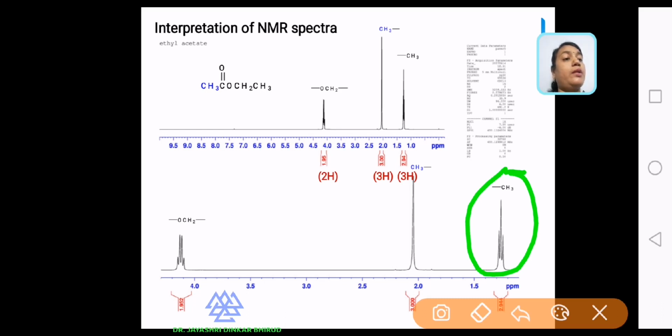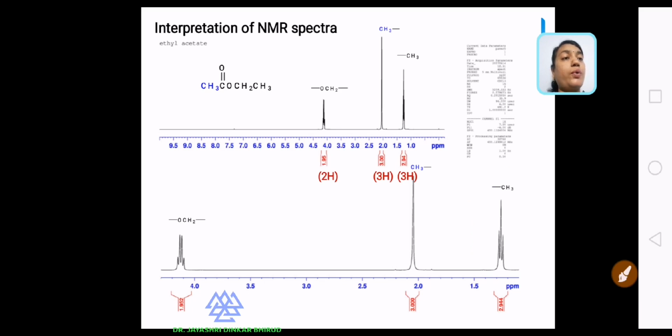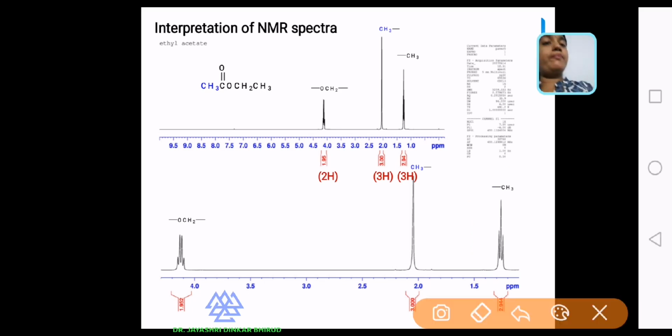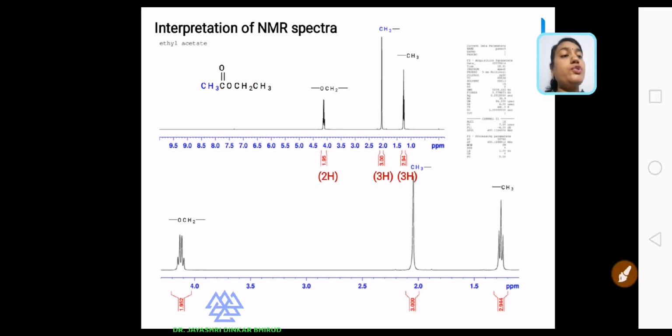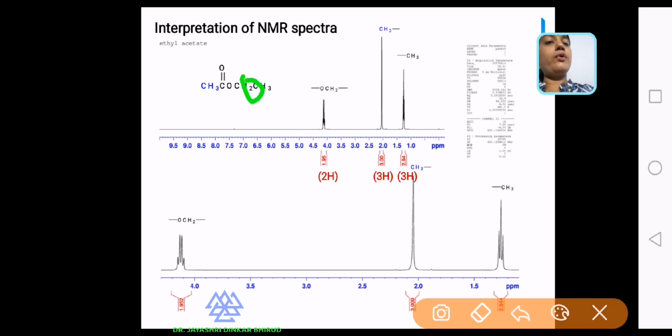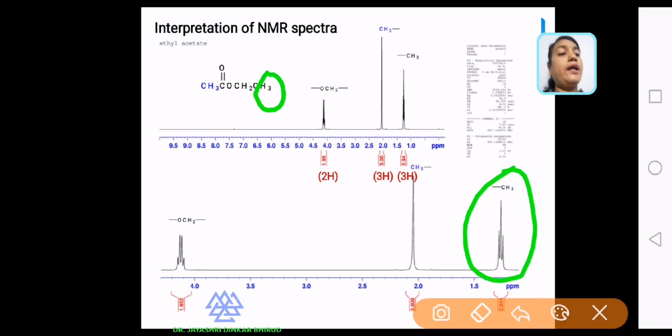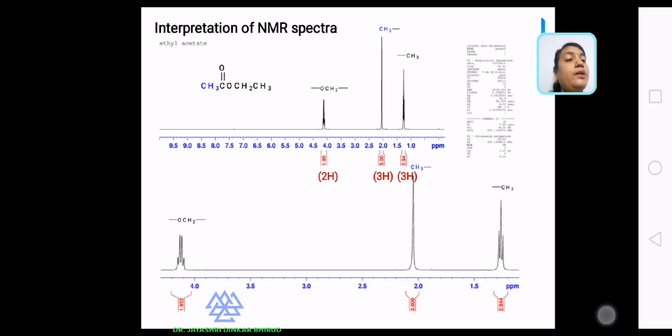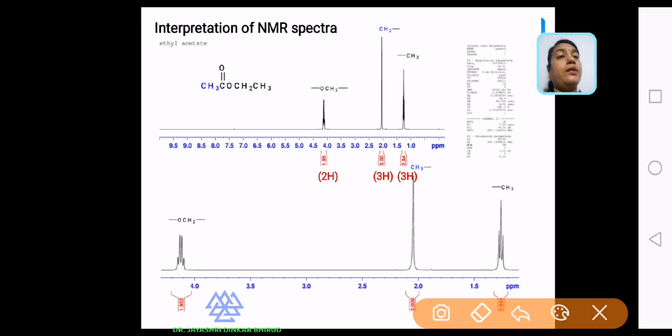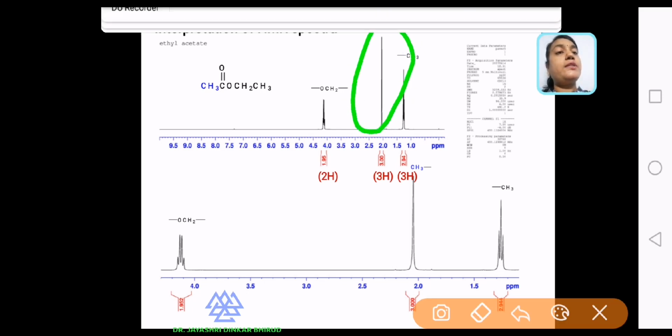1.2. This triplet is evaluated according to the n plus 1 rule, because this CH3 proton is attached to the carbon atom which bears 2 hydrogens. So according to the n plus 1 rule, 2 plus 1 is 3. Therefore, this CH3 proton gives a triplet at delta 1.3. In the similar way, this next CH3 proton gives